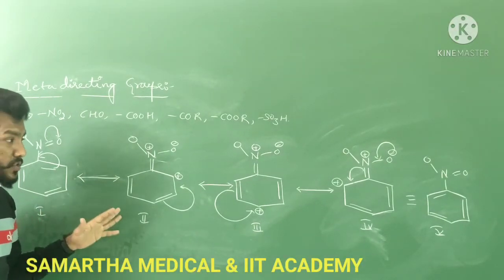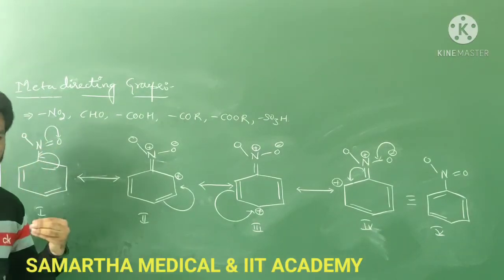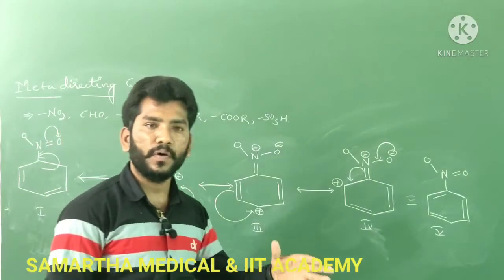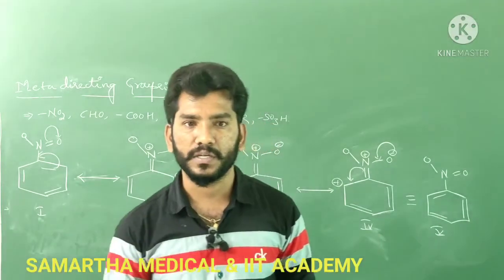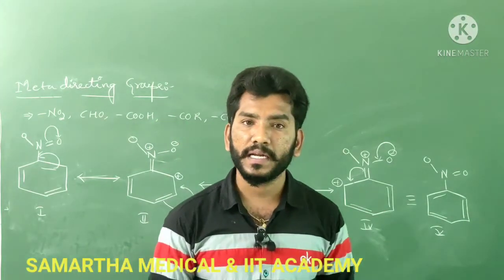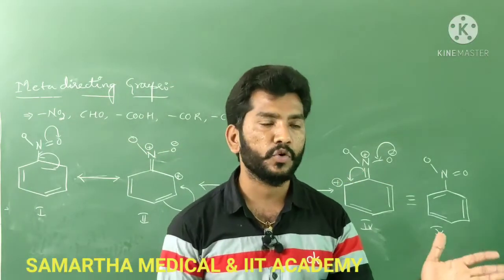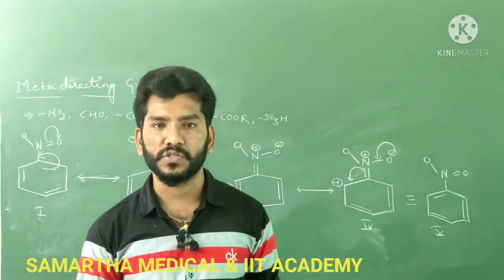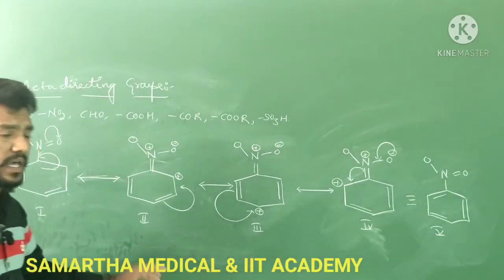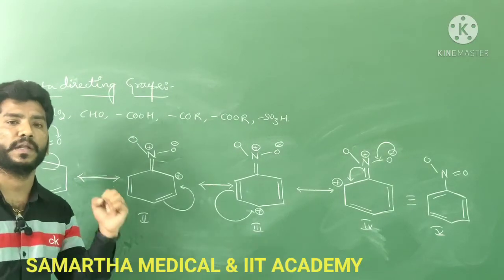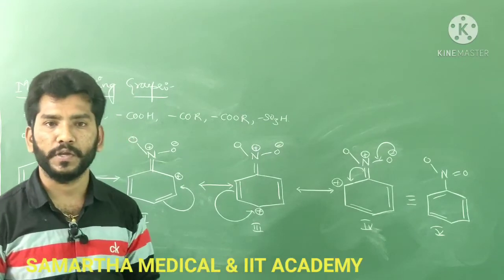Okay, so this is the actual stuff we have to know about meta directing groups. So what is meant by meta directing groups? The group or substituent that directs the incoming group to the meta position. What is meant by ortho and para directing groups? The group or substituent that directs the incoming group to the ortho as well as the para position. Okay, so this is the stuff we have to know, guys. So this is all about the directive influence of a functional group in a monosubstituted benzene, guys. Okay, so this we have to know here.